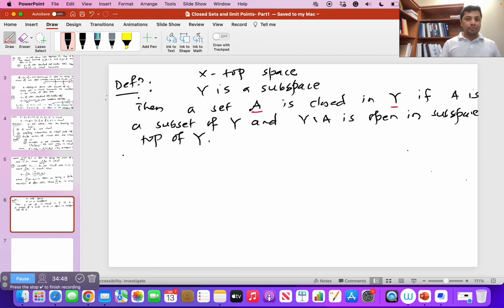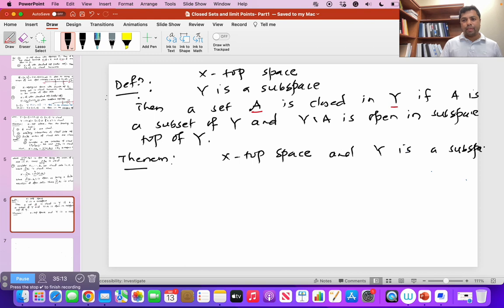Now for our next theorem, I'm going to give you a theorem without a proof, so that theorem will give us a more convenient way to check whether a given set in a subspace is closed or not. Let's say X is a topological space, and Y is a subspace. Then A is closed